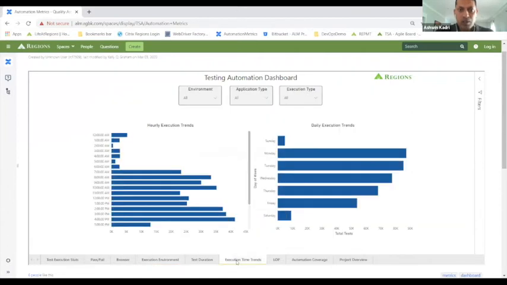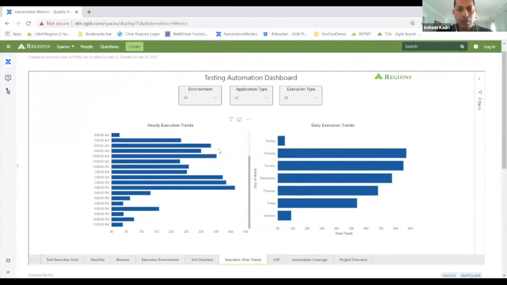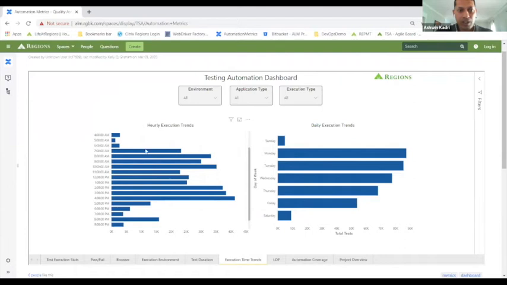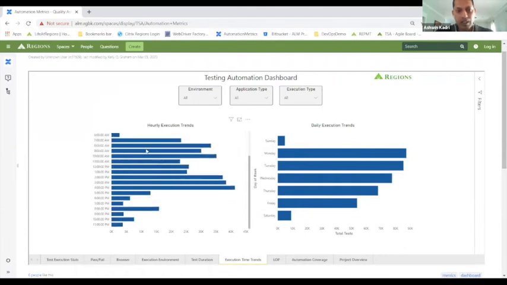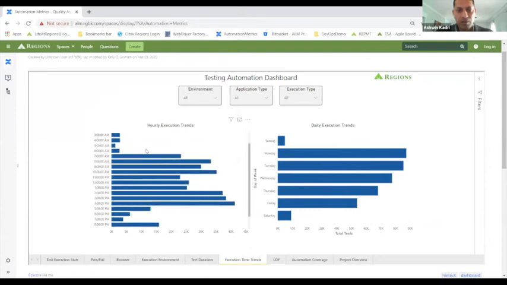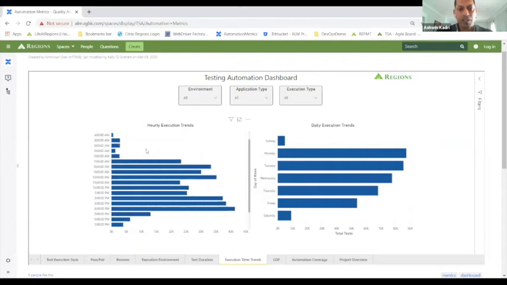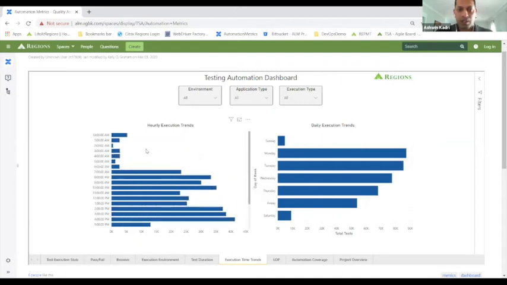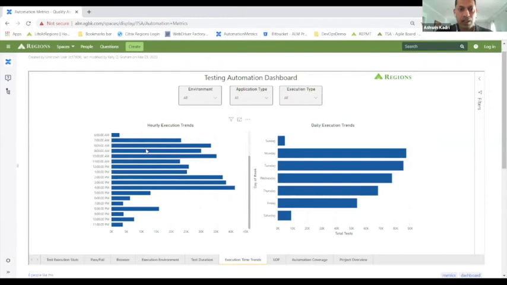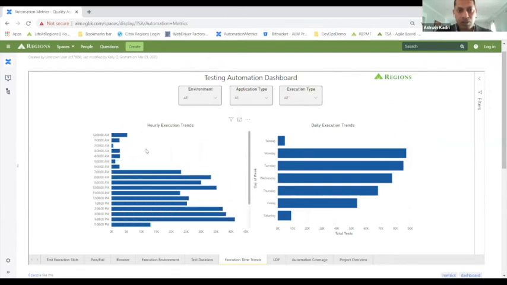We can also understand at what times the teams are executing their tests. So we find that around 7 a.m. to 4 p.m. is the peak. But then we really want the execution infrastructure to be utilized around the clock, right? So we'd want to see that these bars grow longer.